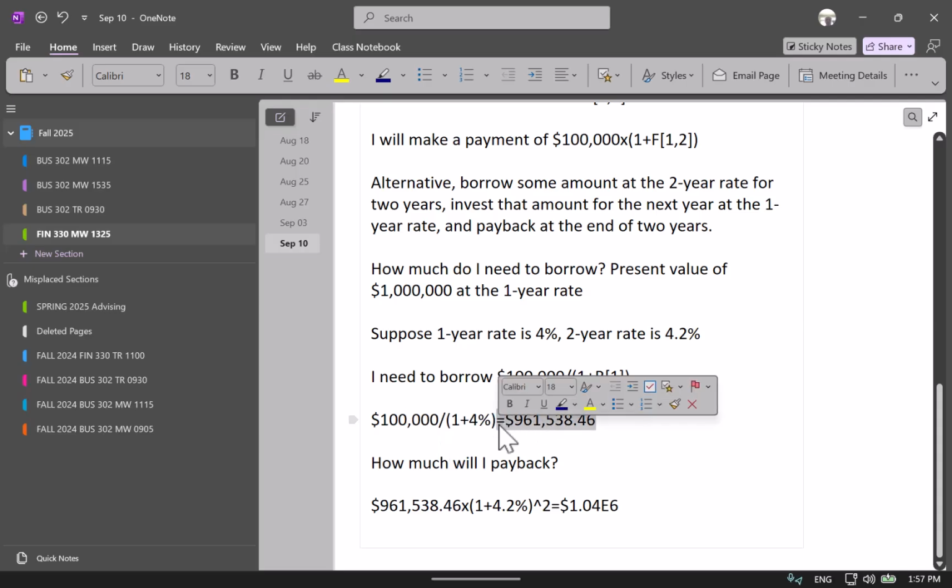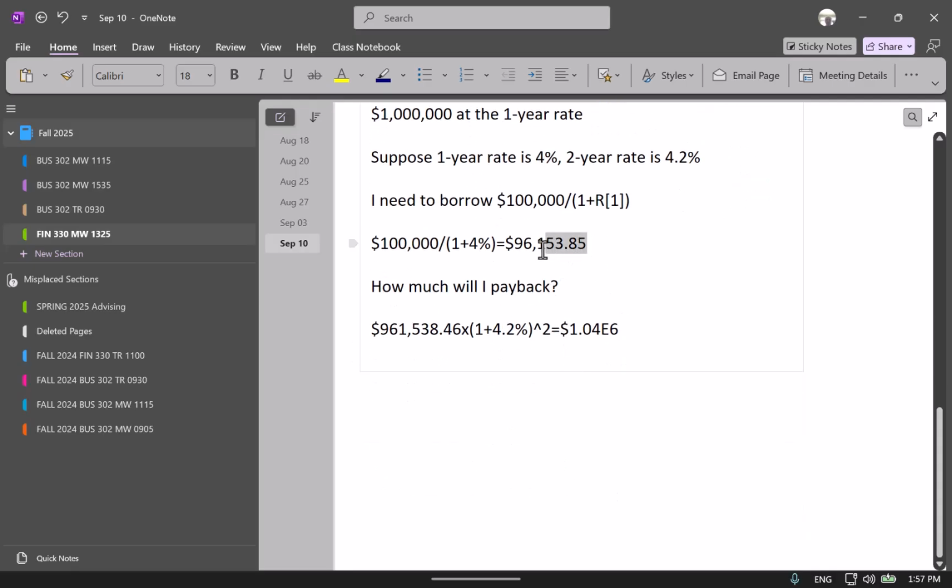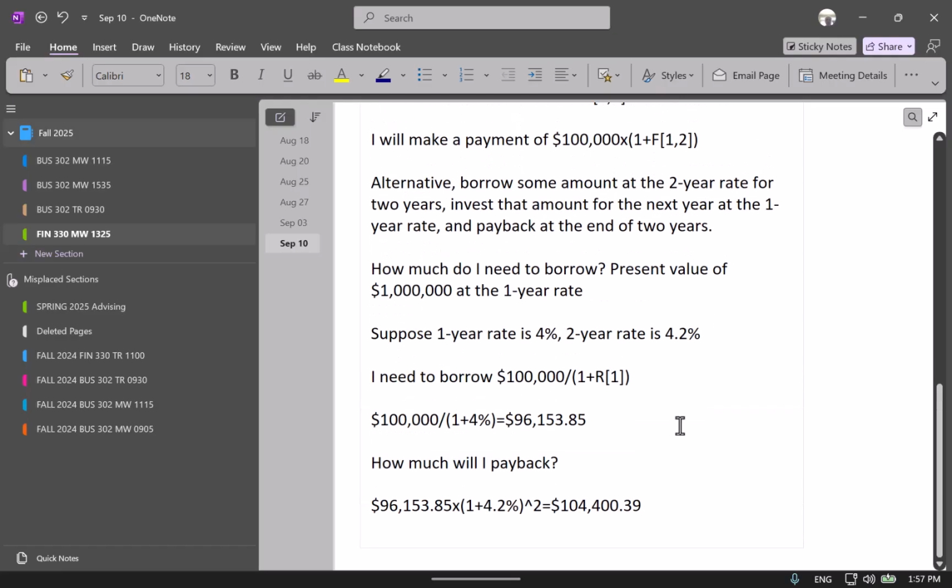And normally we do these things in Excel, but in this case, if I do it using the forward rate, I assumed it was 4%. Well, I'm going to pay only 104,000 back, right? But using the alternative way, I'm going to pay 104,000 and some change, which means doing it in the forward market is more profitable. So that means everybody wants to